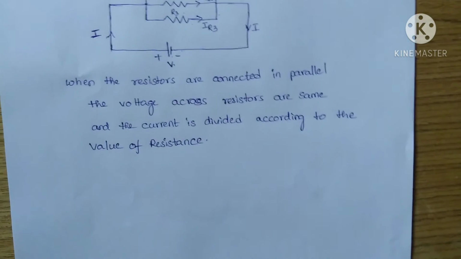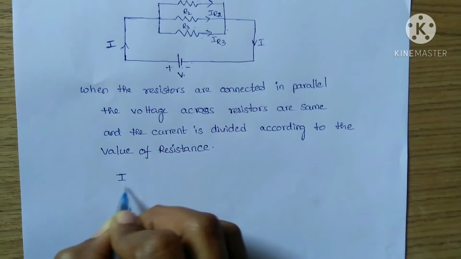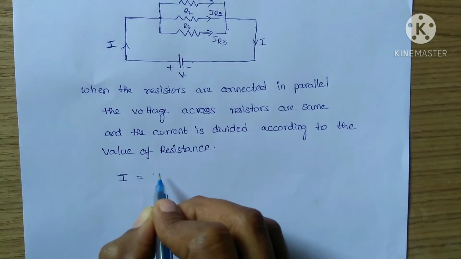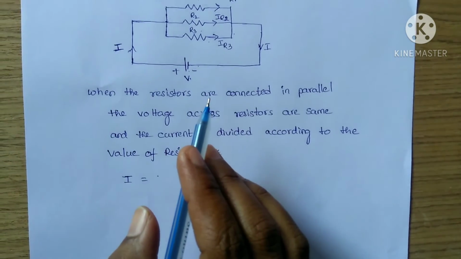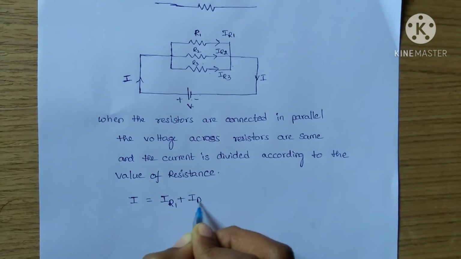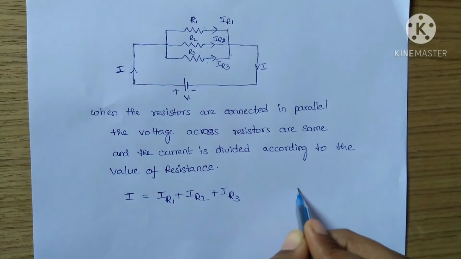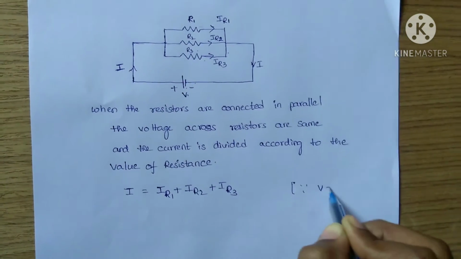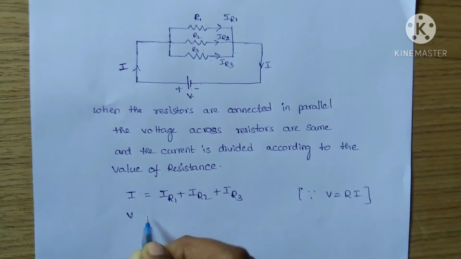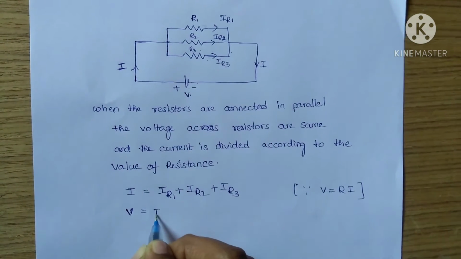From here we say that let us consider I be the source current, that is equal to the sum of the individual currents flowing through the resistor branches, that is IR1 plus IR2 plus IR3. From Ohm's law we have seen that V equals R into I. This can be written as V, the voltage source, is equal to IR1